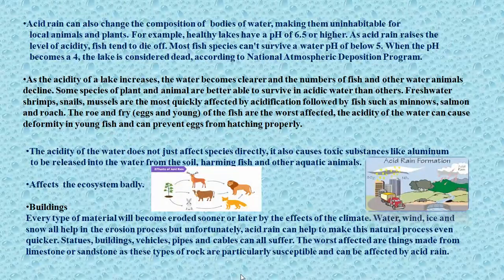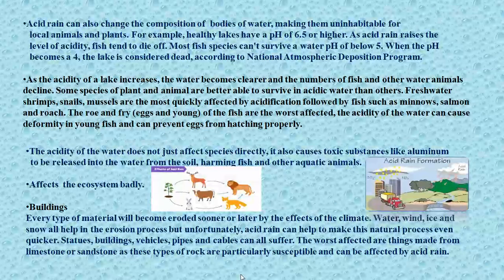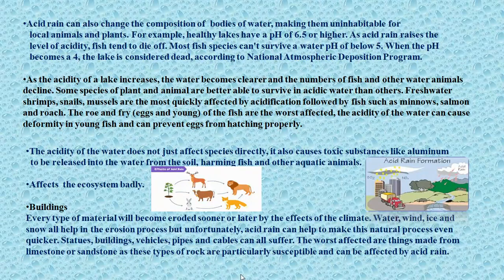Acid rain can be carried great distances in the atmosphere, not just between countries, but also from continent to continent. The acid rain sometimes falls many miles away from the source of pollution, but wherever it falls, it can have a serious effect on soil, trees, buildings, and water. So we can say gases produced in India can result in acid rain in China or anywhere else in the world,